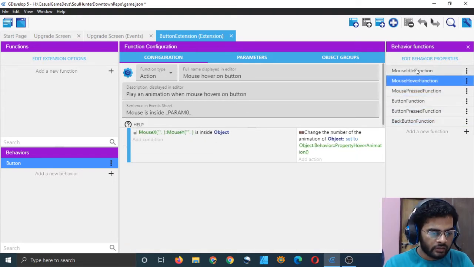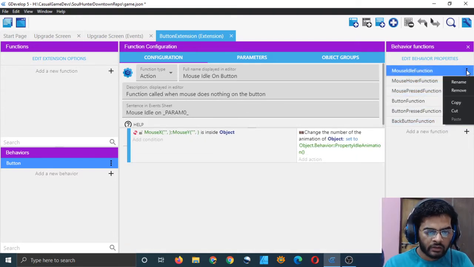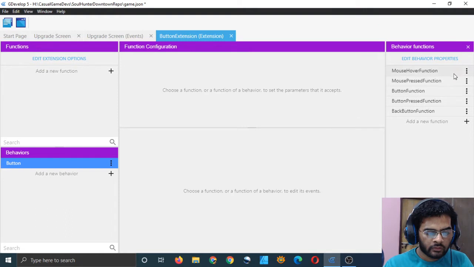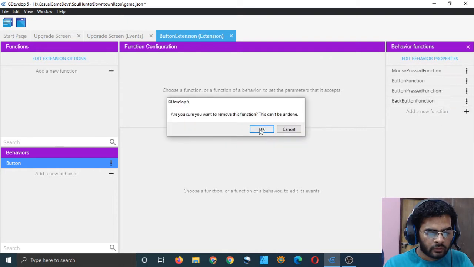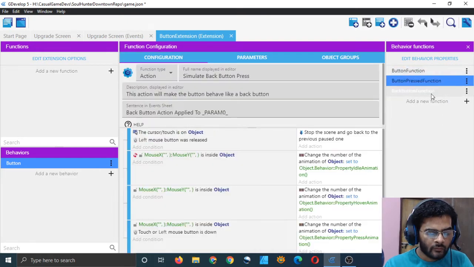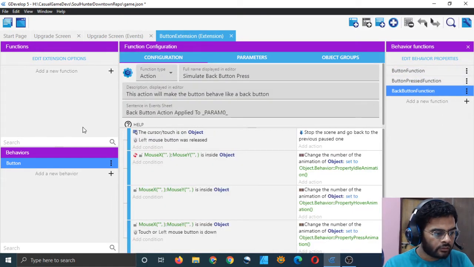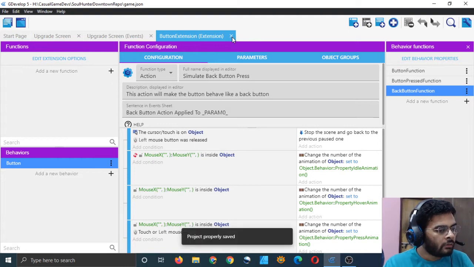We don't need these. I will delete them. Why waste space? Remove. And then this one also, mouse over, remove. This one also, remove it. Good. We have all these. That's good enough. Save the game, and now I will close it.